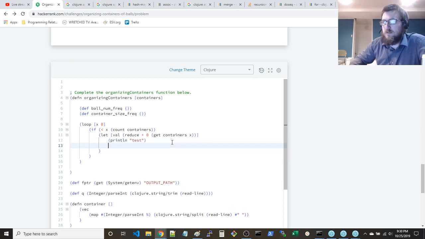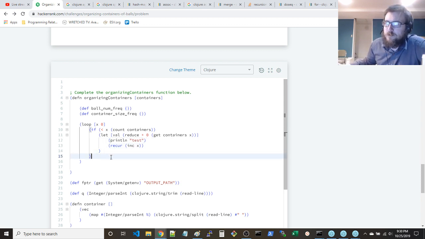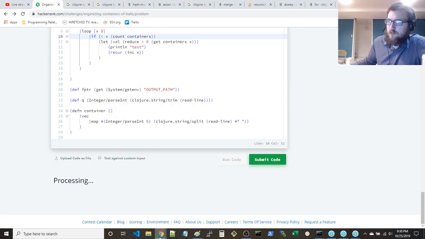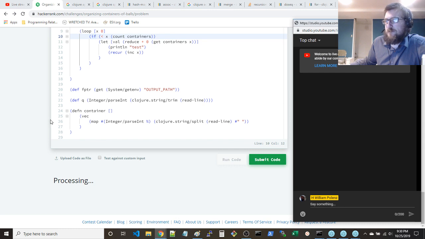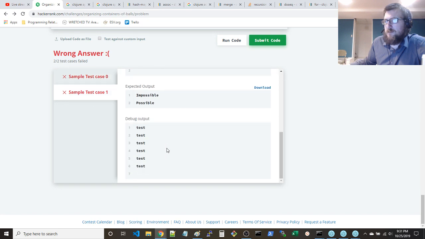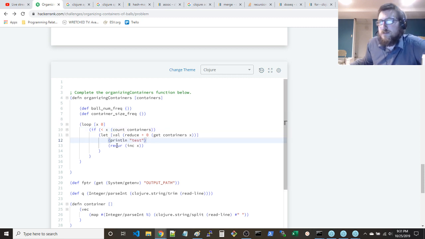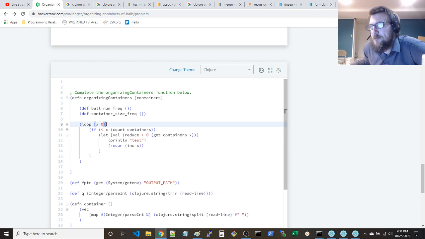I mean, I could put it in the let. The let actually has... Doesn't really matter. The let has multiple expressions, so I can also do if let. Just a more compact version of the same thing here. There we go. That gives us lots of values. Let's go with. That's kind of cool. We can loop over the number of containers. We can let value be a reduction over the. Now the interesting part is